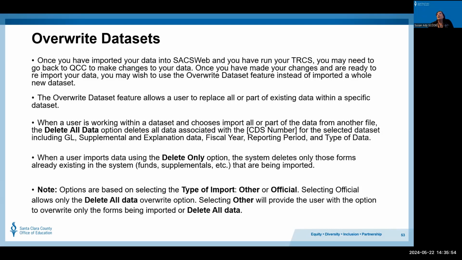So to do that, you'll need to go to the left navigation tab. So just some basic information about using the override system. You'll have the option to delete all data, or you'll have the option to delete only. Make sure you hit the delete only option, because you don't want to wipe everything out. All you want to do is overwrite your financial information that's coming from your financial system. Because if you've already started working on your supplementals and stuff, you don't want to erase that. So make sure you hit the delete only option on that.